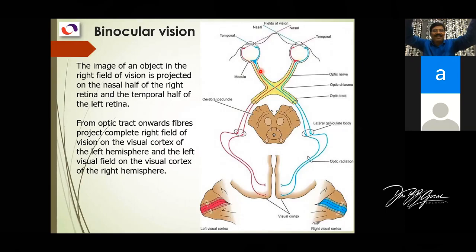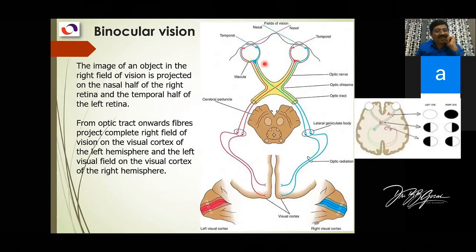That's why when you want to test the lesion, we do occlusion of one eye and then test by perimetry and see how my field of vision is for each eye. So damage to the optic nerve causes complete blindness on that side, whatever the side, left or right. But optic chiasma is different. So now you understand optic chiasma, that fibers of the nasal side of the retina cross.